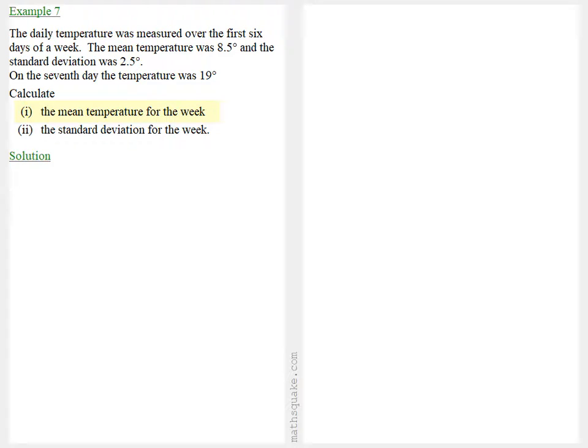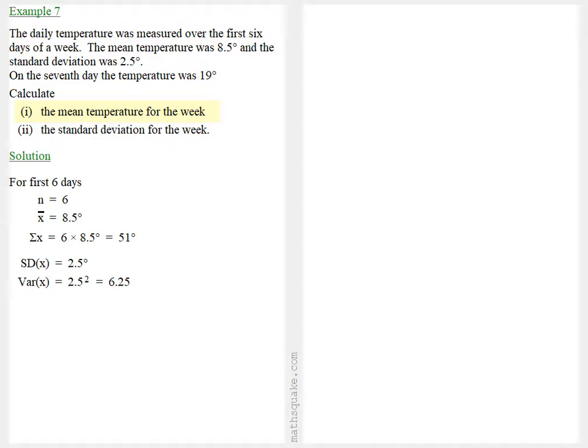Now to solve this, to begin with, let's consider the first 6 days. In this case n is 6. The mean temperature, x bar, is 8.5 degrees, which means the sum of the temperatures is 6 times 8.5 degrees, which is 51 degrees. We're also told the standard deviation is 2.5 degrees, which means the variance is 2.5